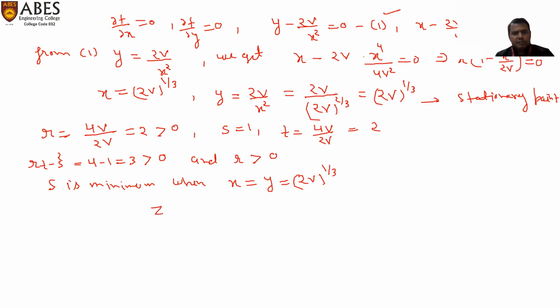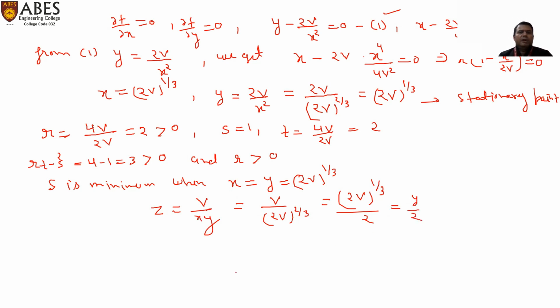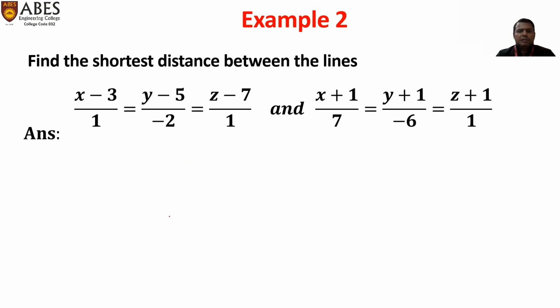Now we calculate z. So z equals b upon xy, which is b upon (2b) to the power 2/3, and it is (2b) to the power 1/3 by 2, or it is y by 2. So we find x, y, and z. It is the dimension of a rectangular box. Now, in the next question,